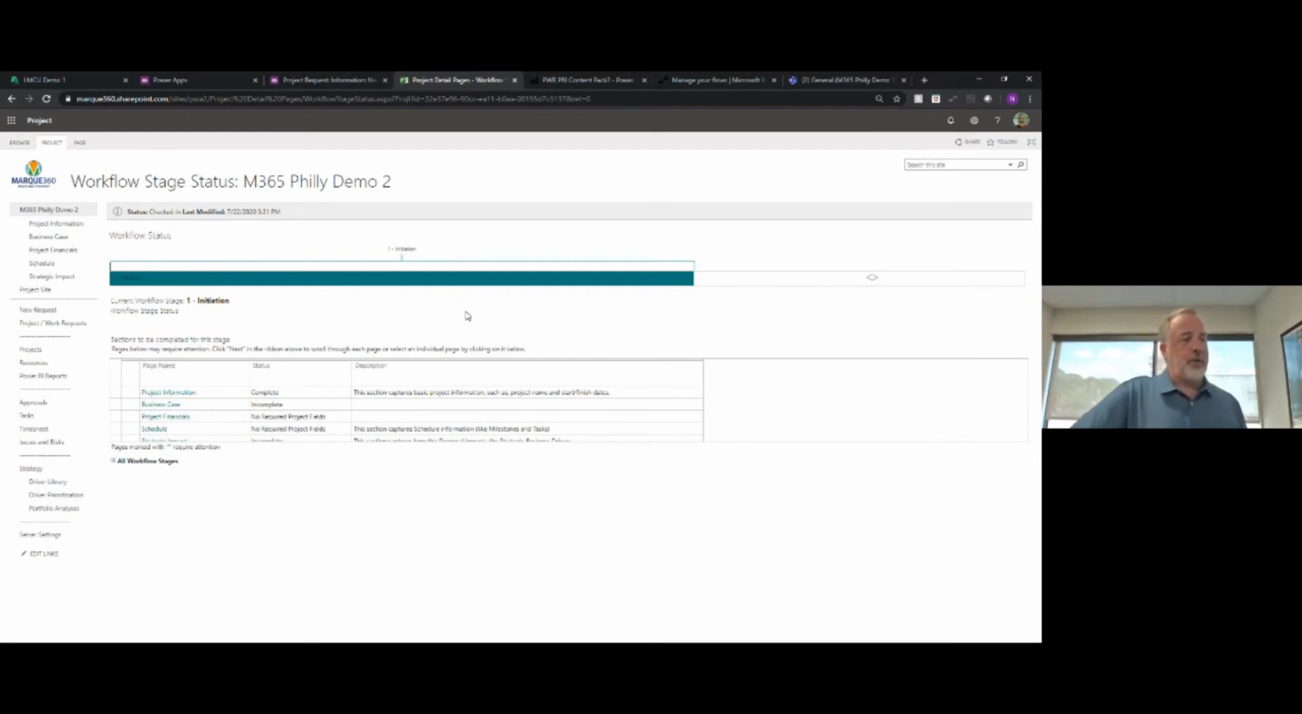One is we're going to staff the project with the team members that we need. And then we're also going to synchronize this with Teams and Planner. But I also want to show you how we can use Power Automate to manage a gate approval process. So for example, this project right here is currently in the initiation phase. And if the PM were to check out this project,